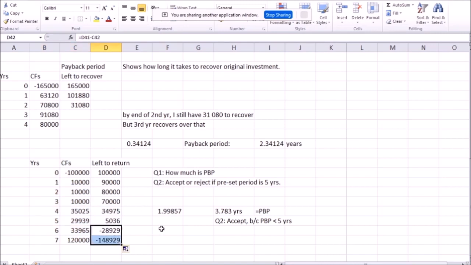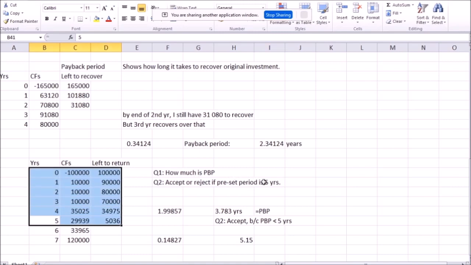payback period. You see, even 5 years is not enough to pay back. In this second example, our payback period is going to be 5 years and something. What is that and something? This over this is going to be, payback period is going to be 5.15 years. So even though later, during year 7, you get a lot of cash flow from this project, unfortunately you cannot accept it because it takes longer than 5 years to pay back, but you must pay back in 5 years.